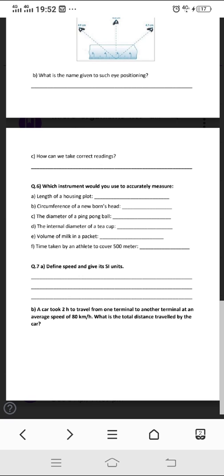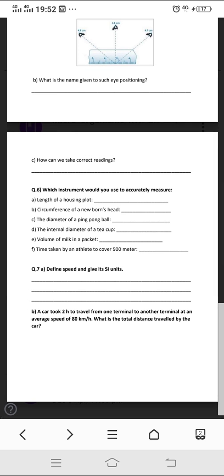A car took 2 hours to travel from one terminal to another terminal at an average speed of 80 km per hour. What is the total distance traveled by the car? So you have the speed and you have the time. You can of course calculate the distance, and that's easy. The formula is speed is equal to distance over time. Plug in the values that you already have. So you have the value for speed, you have the time. So speed 80, right, is equal to distance, which is unknown, over time, which is 2. So 80 is equal to